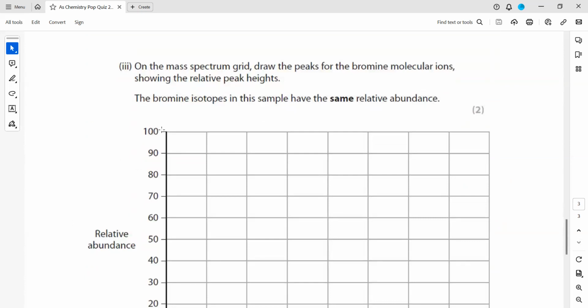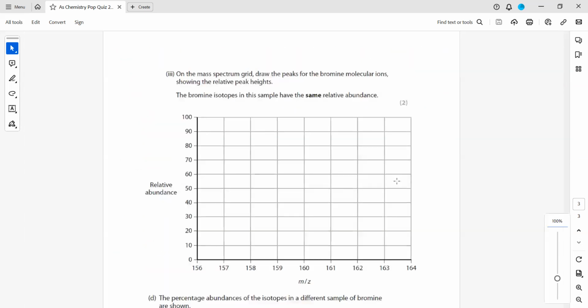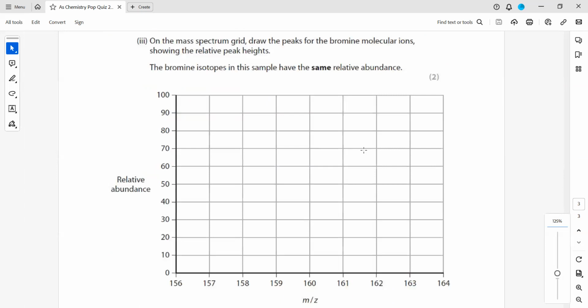On the mass spectrum grid, draw the peaks of a bromine molecular ion, showing the relative peak heights. Bromine isotopes in this sample have the same relative abundance. It means the best thing is to learn the relative abundance, especially for bromine and chlorine. But you can also work it out, depending on the question. They mentioned the two bromine isotopes,